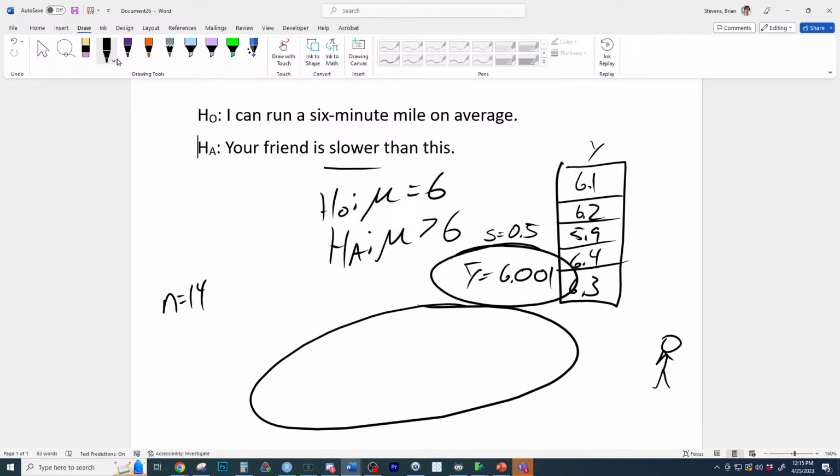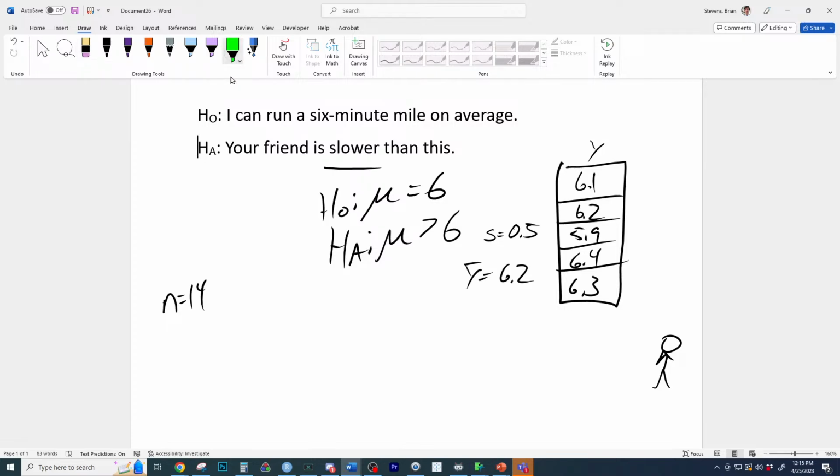But the question becomes in statistics, when is it basically 6 minutes? Now, I'm not saying 6.2 is basically 6 minutes, but we're saying in statistics that their claim might be believable with 6.2 minutes. You don't need to use statistics if you watch them run their miles in 10 minutes on average. At that point, you would know without statistics pretty much that, yeah, you can't run your miles in 6 minutes. I saw it taking you on average 10 minutes. So here we are in one of those worlds where we need statistics to think, is their claim believable?